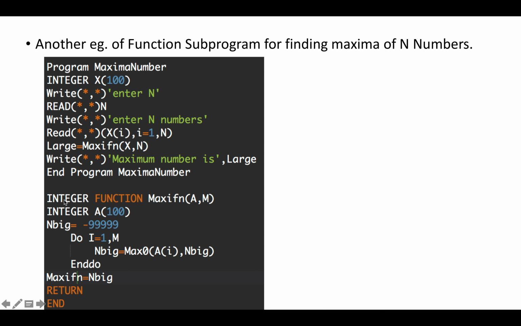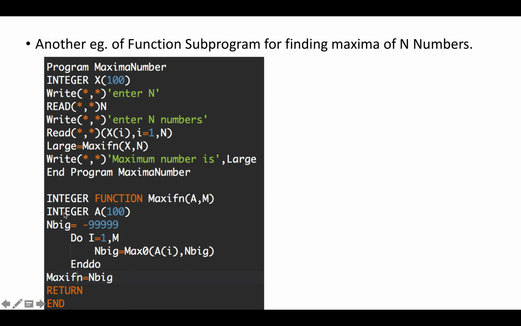So the data type of function is integer here, then function, name of the function, and in bracket we have a comma m. We were using the symbol x for the array in the main program, and in the function subprogram, I use the symbol a for the array, and comma m. By default m is an integer, but the function subprogram does not know about a. By default it is real, and it is a simple variable. But I have to define it as an array, that too integer, along with the same memory locations as in the main program.